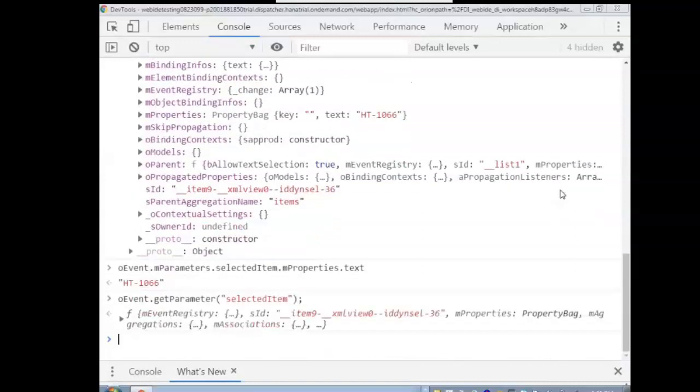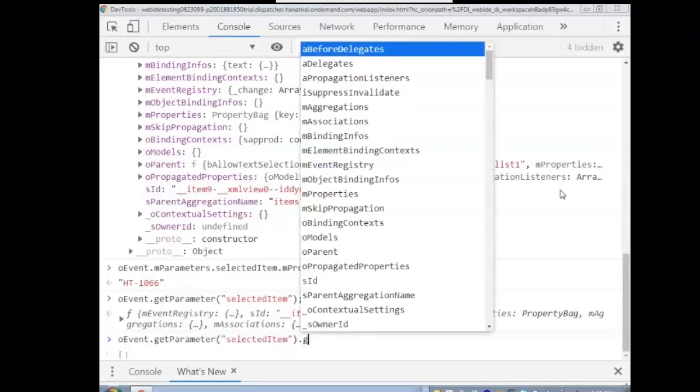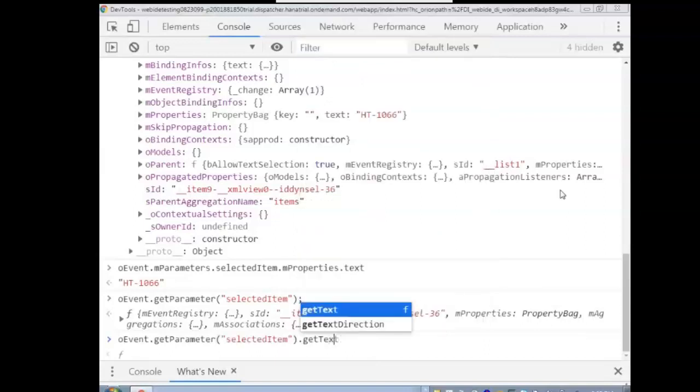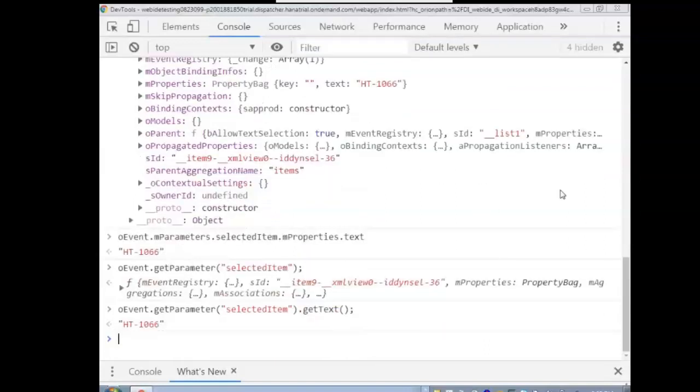I told you that the selected item's return type, data type, is not boolean, it's something else. I'm getting some object reference inside, so I want the text dot getText. This is the correct procedure of checking or getting the values.